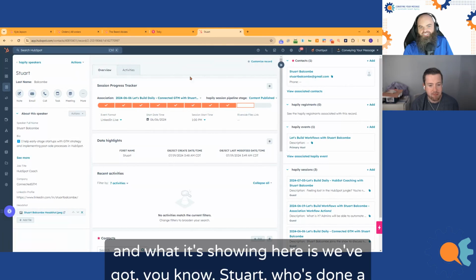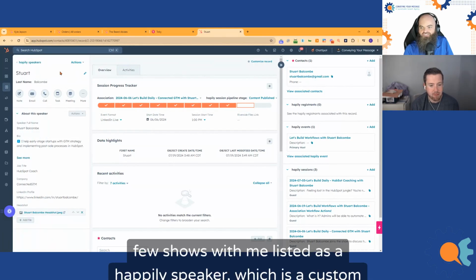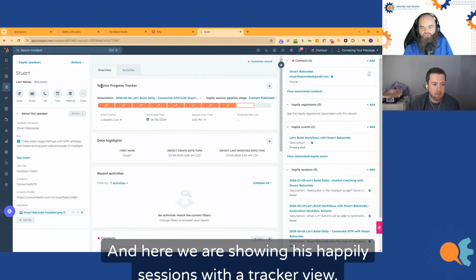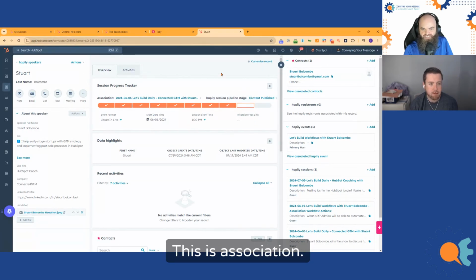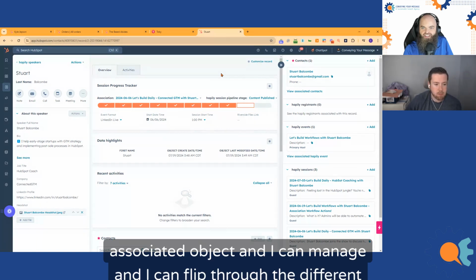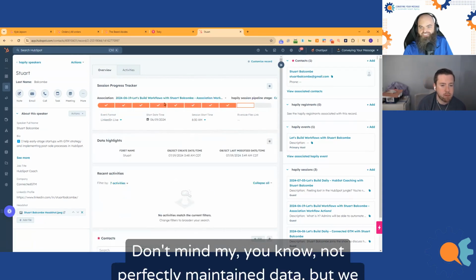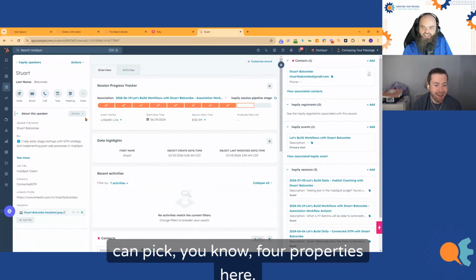What it's showing here is we've got Stuart, who's done a few shows with me, listed as a Happily speaker, which is a custom object. And here we are showing his Happily sessions with a tracker view. So this is a different object, an associated object. And I can flip through the different objects in case they're in different stages. Don't mind my not perfectly maintained data, but we can pick 4 properties here.